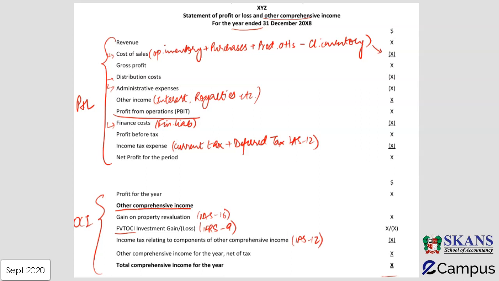These statements, all three of them may be required in a question in your exam. So the section C of your exam, which is related to constructed response questions, all three of them might be required to be made, or any two or any one of them might be required to be made when there is a statement of financial position question. So there can be an independent question as well of 20 marks each. But this is the format that you have to follow, and you have to keep it in mind so that whenever you study an individual standard, you are able to relate to it, that how it is shown in my final financial statements. This is all with our lecture for today.